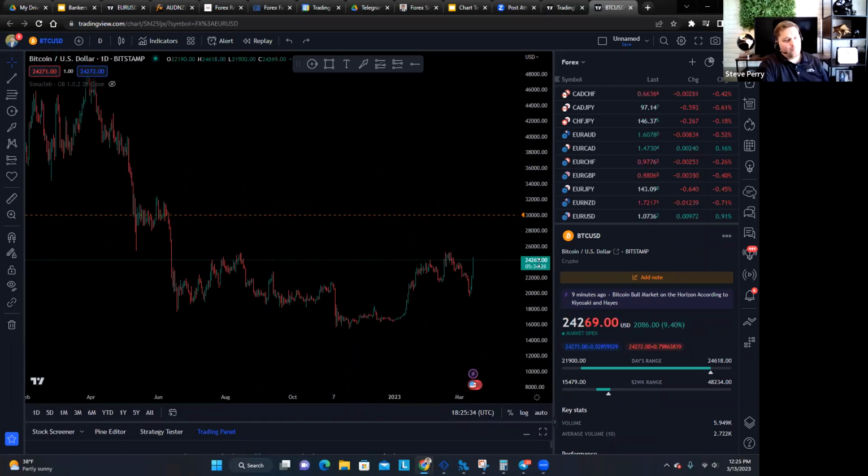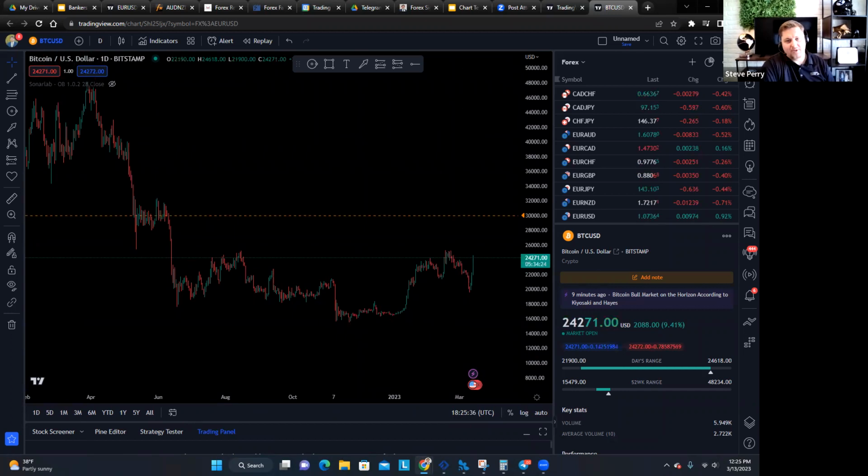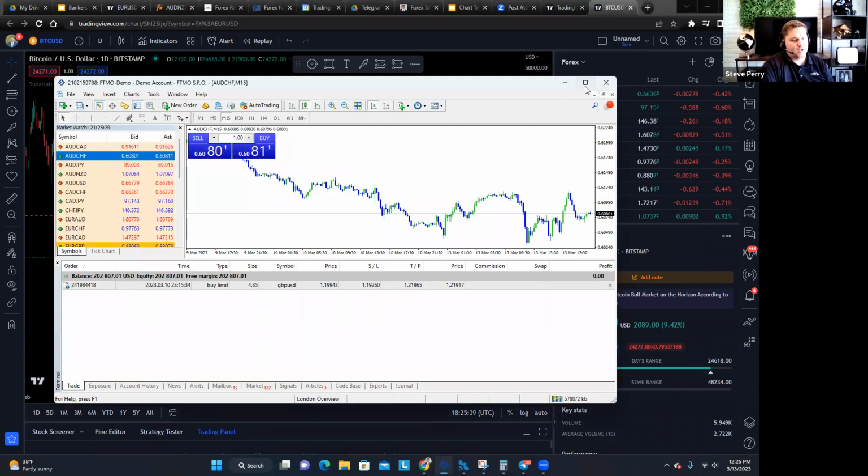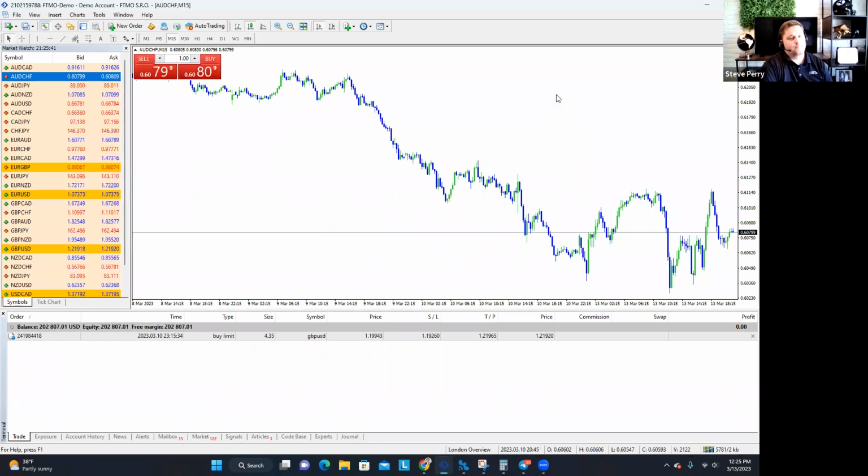Nice. Okay, cool. Now I want to show you guys MT4 because MT4 is where I do a lot of trading. Okay, but I don't do a lot of chart analysis over here. So let me help you set up a workspace because this is where you're going to be doing your trading oftentimes with this kind of the standard. MT4 is kind of, how do I say it? The standard of